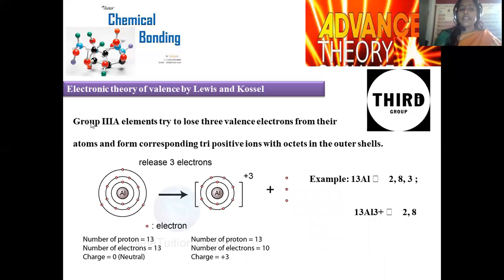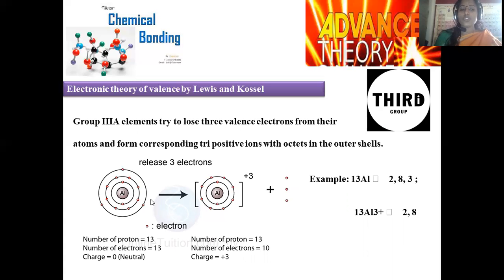And move on to the third A group. In accordance with the Roman numerals, we are moving. Otherwise, in modern IUPAC nomenclature, you can say it is the 13th group, right? So in Arabic numerals, it is represented as the 13th group. In the 13th group, they try to lose 3 electrons because the valency electrons are 3. ns²np¹ is the general electronic configuration, where I'm taking a generalized example, aluminium, whose electronic configuration is 1s²,